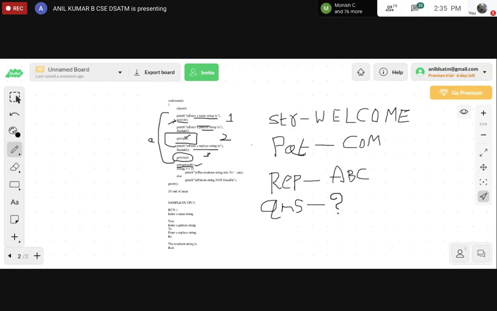So start copying this. Take this str as an input, welcome. Take a pattern string com, replace that com with abc and give me the answer with steps, whatever the steps that I have followed here.